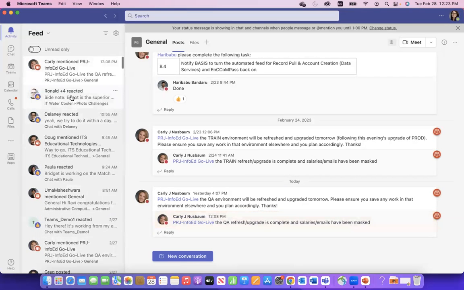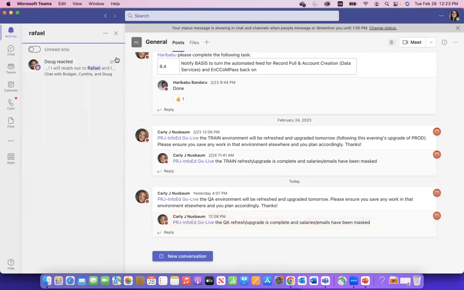So maybe, what if I was just interested in recent activity from Raphael? There's a little icon here that looks like a filter, and I could just type his name. And any mention of Raphael recently will show up right here. It'll be highlighted, and I can see if that pertains to me and click on it, and it'll show up right here in this window.